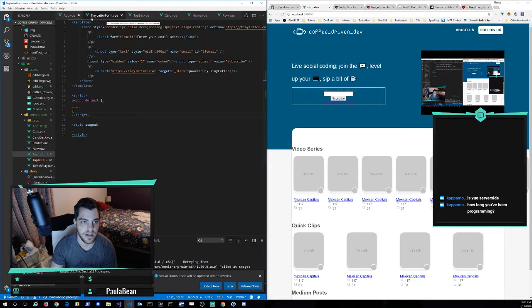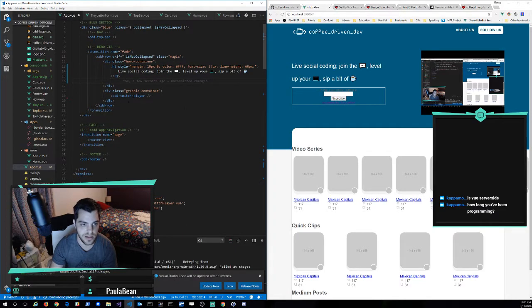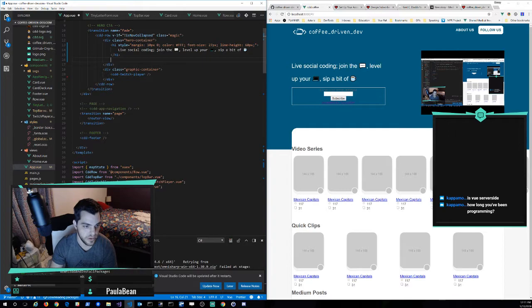So we've created our custom component, TinyLetter form. It should work as is. We'll pull that in, and again, we're going to style it inside of its own custom component. So we'll do